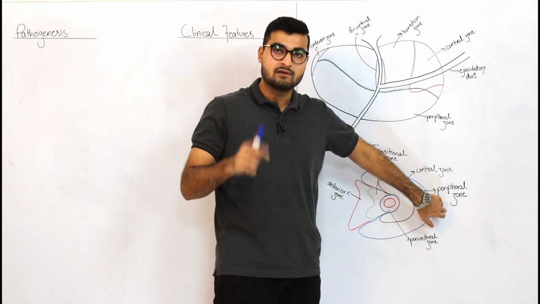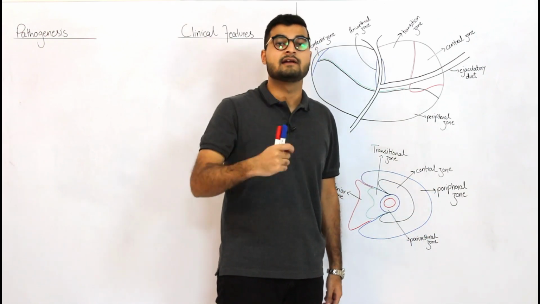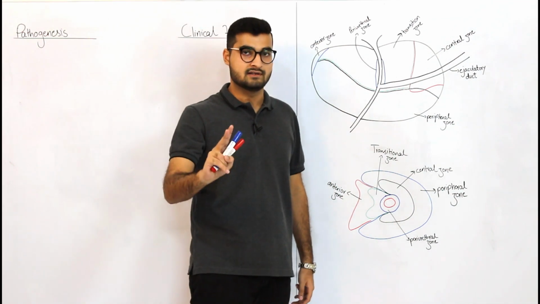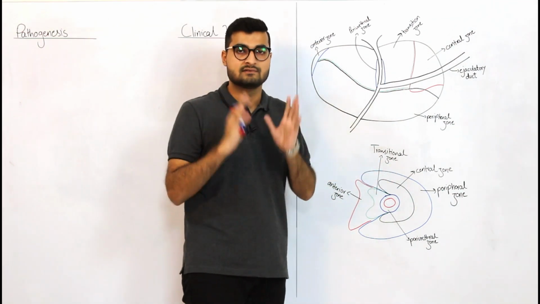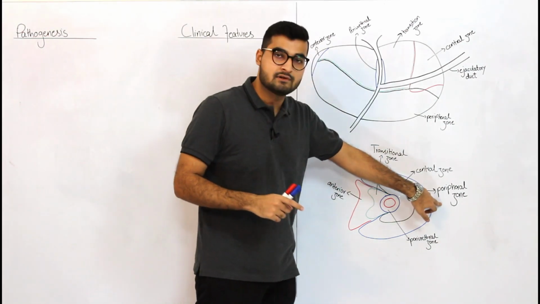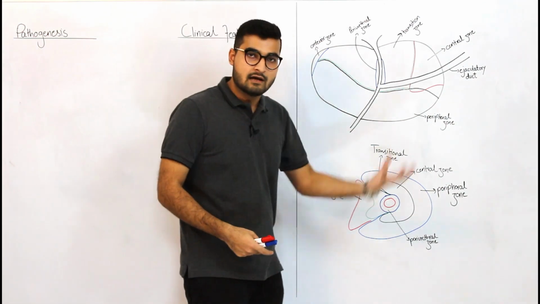When we talk about the peripheral zone, this is important when we discuss prostate adenocarcinomas. So in these zones we just had two important things; the rest were just anatomy. Transitional zone is important in BPH, and peripheral zone is important in prostate adenocarcinoma. Now let's look at another view.